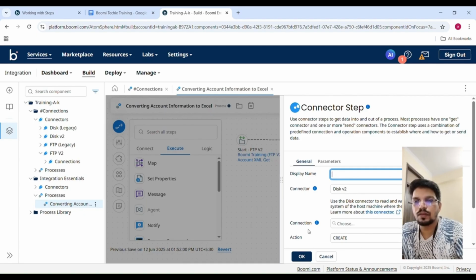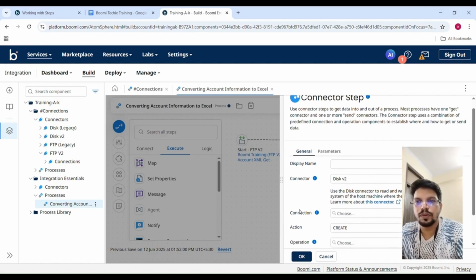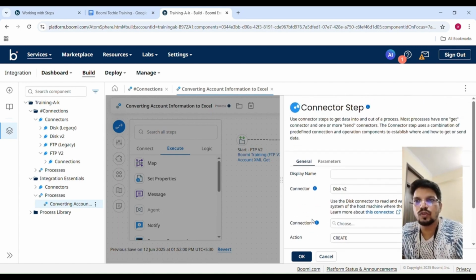यहाँ पे Disk v2 कनेक्टर में कनेक्टर क्या, Disk v2 कनेक्शन हम इंपोर्ट करेंगे, जो प्री-बिल्ट कनेक्टर है जो हमने इंस्टॉल किया है प्रोसेस लाइब्रेरी से, वहाँ से हम करेंगे। एक्शन में देखो, कई सारे एक्शन यहाँ पे दिख रहे होंगे आपके, क्रिएट, अपसर्ट, डिलीट, गेट, क्वेरी, लिस्ट, ये सारे एक्शंस हैं, ठीक है, ऑपरेशंस। सो हम कॉन्फ़िगर करते हैं इसको भी, जैसे प्रीवियस स्टेप हमने किया था।